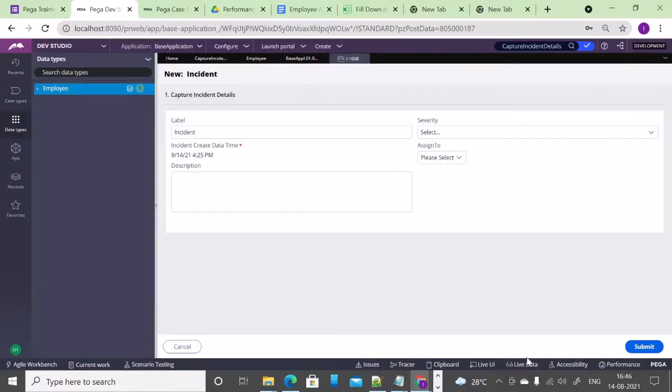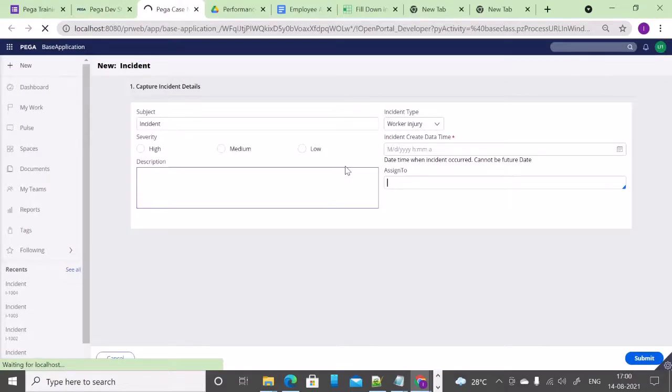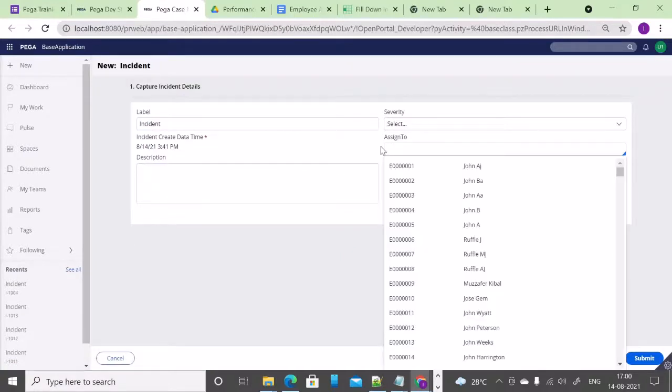The simplest way of implementing this autocomplete is to create a data page, then source the report definition and use it as part of the autocomplete, and yeah, it's done, right?